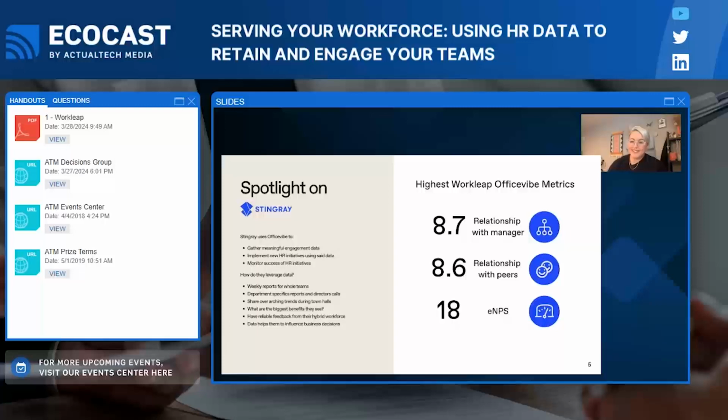When we look at one of our clients, Stingray here, we want to take a good snapshot. They've got a really great success story. So to highlight that today, I'll talk about them. They're a Montreal-based music, media, and tech company with about 1,200 employees right now. They implemented Workleap Office Vibe in the winter of 2020 to keep a pulse on their growing team and help them stay connected to their workforce and the broader employee sentiment. Workleap Office Vibe also helped check another box on their employee strategy and their employee experience software wish list, a tool that would help them make informed, data-backed decisions to help really support their employees' needs.